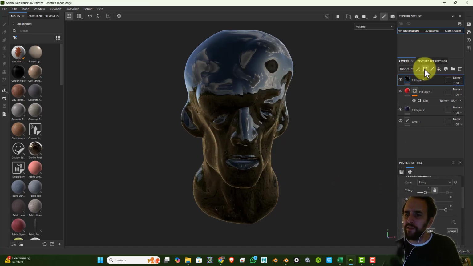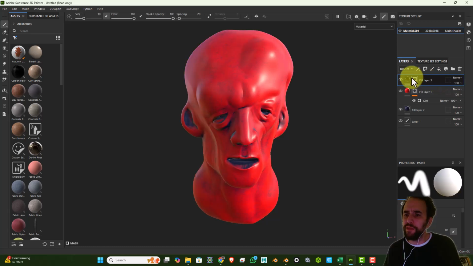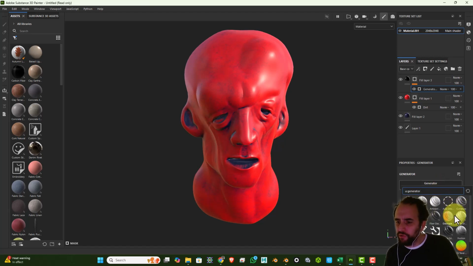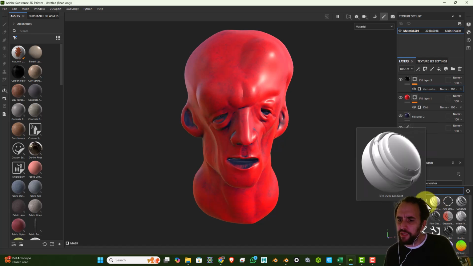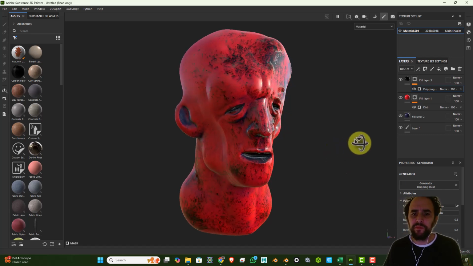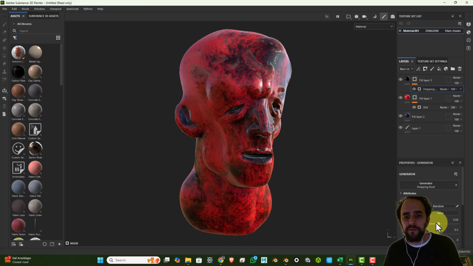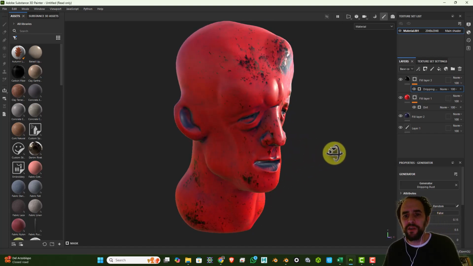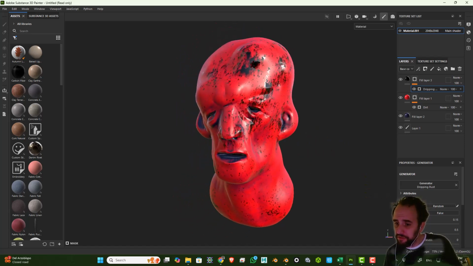And then again the mask, so add black mask, add a generator, and I will do a generator. There's a generator editor, so there's ambient occlusion, 3D linear, but I'll do dripping because it's kind of like an oil thingy, right? So I can add it as rust or just add it there. As you can see, some parts are shiny, the black parts are shinier, which is kind of cool. I can dial down the contrast,